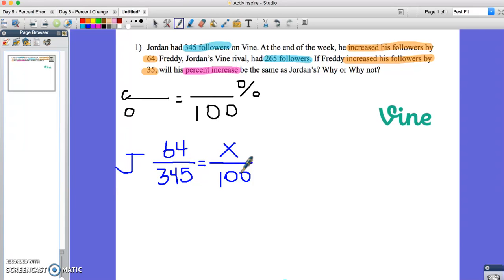Now when we set up a proportion, we know that we're going to cross multiply. So when I go to cross multiply, I have 64 times 100, which is 6,400. And then 345 times x, we don't know what x is, so 345x. And my last step, when I'm solving a proportion, my last step is to divide by the coefficient, or whatever's in front of the variable. So 6,400 divided by 345. That gives me my percent increase for Jordan